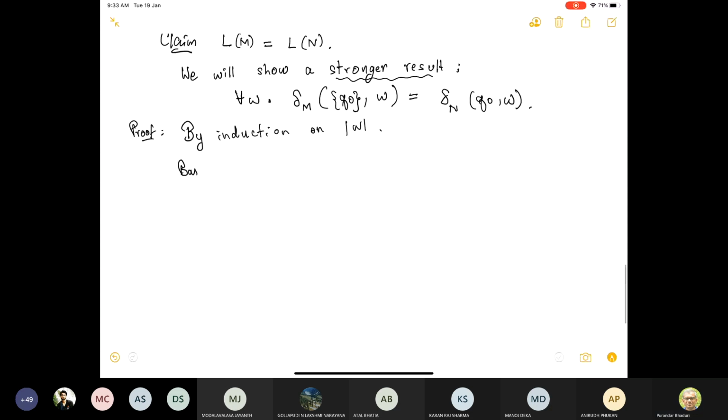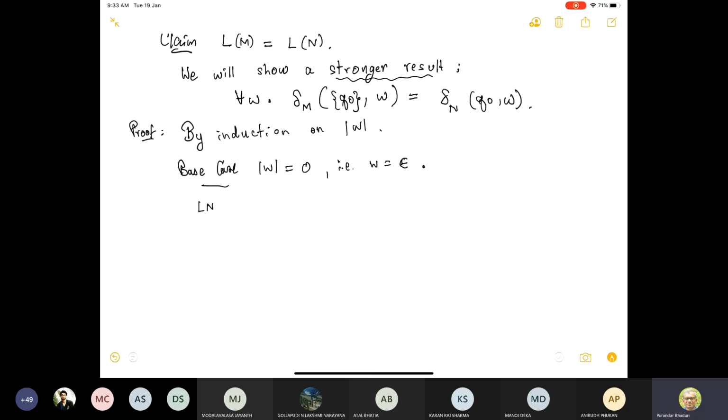So the induction basis, or the base case, is that the length of W is 0. That is, W is the empty string, right? In that case,